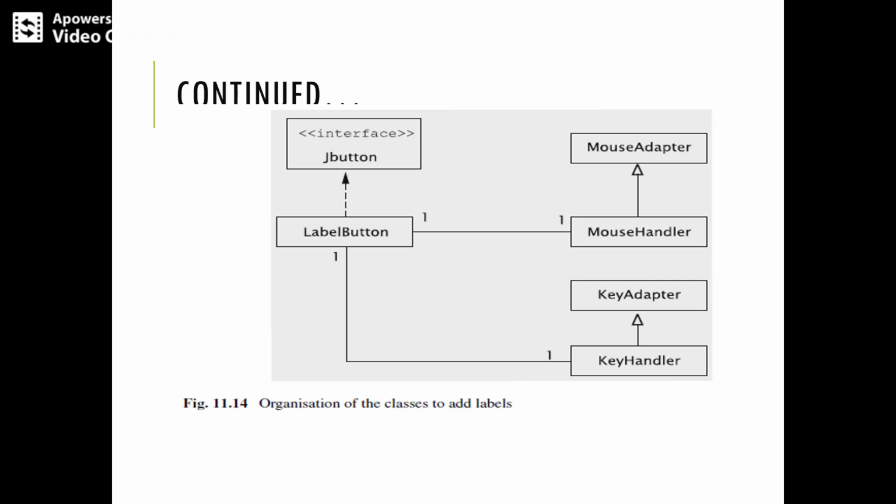In addition to capturing the mouse click, adding labels requires capturing the keystroke. The class key handler accomplishes this task by the key adapter. Another implementation may choose to have other listeners that keep track of events in the window, like zooming, etc. These do not affect the model and can be handled by redrawing the respective figure.